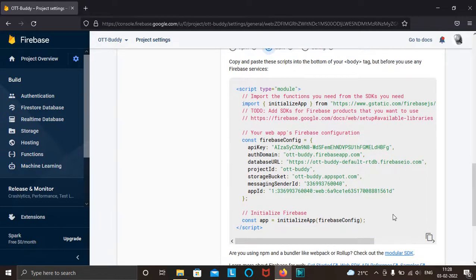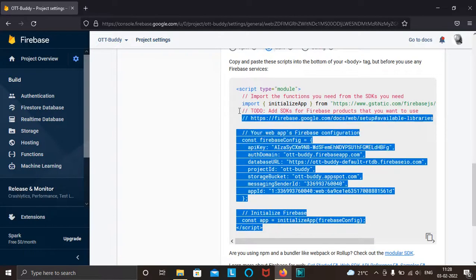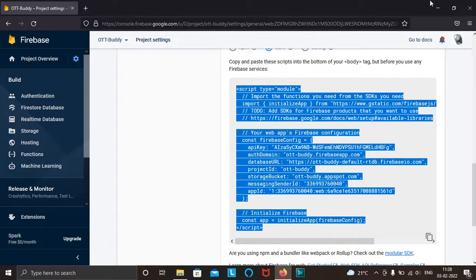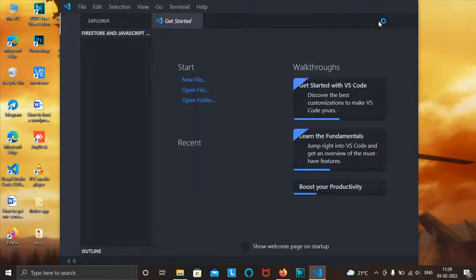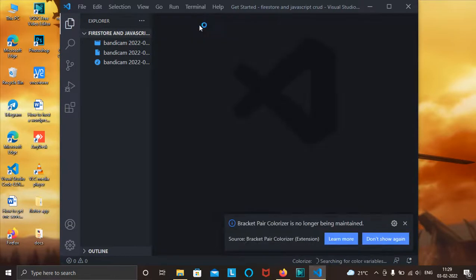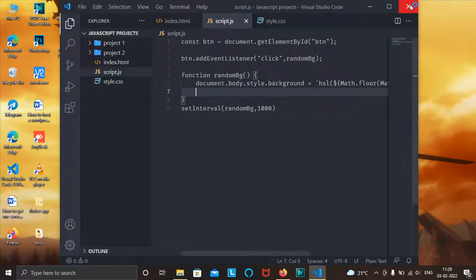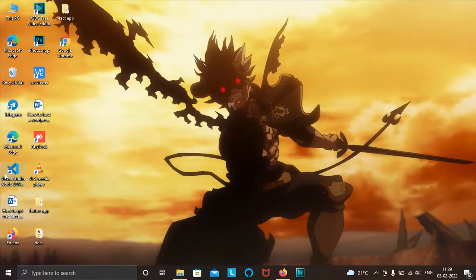So first of all, let's copy this script tag and open VS Code. Open a folder. Let's open my folder.